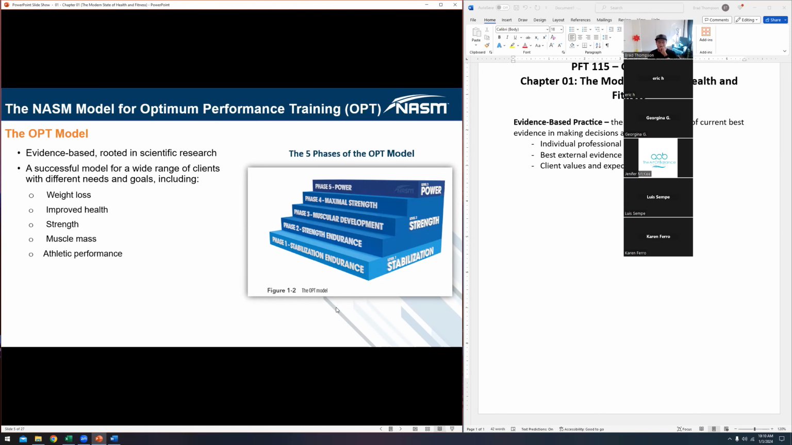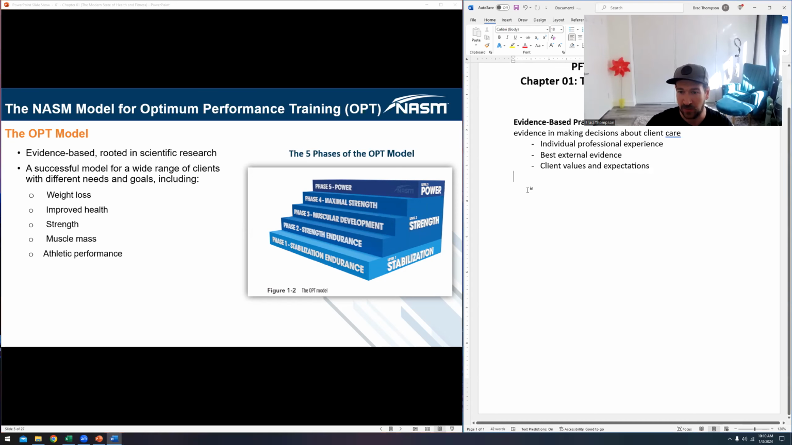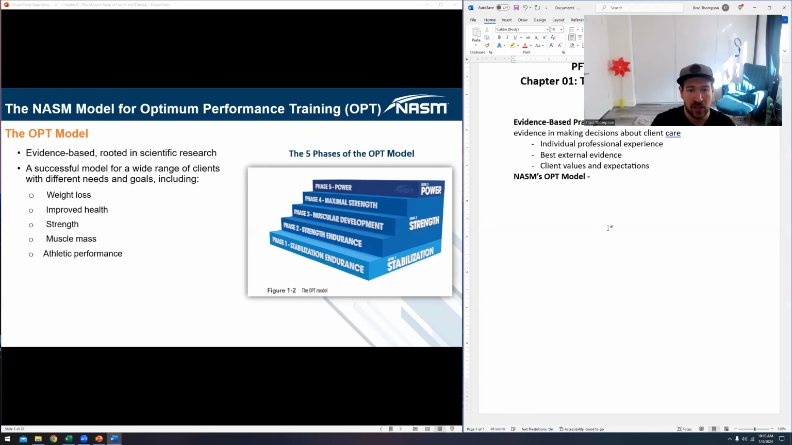All right, guys. All right, let's go ahead and wrap up the rest of this chapter here. We are looking at the OPT model here. I know a lot of you guys, we have already talked about this before, but the next thing that is obviously very, very important in our notes here is understanding how NASM's OPT model actually operates. So the OPT model is an evidence-based example model